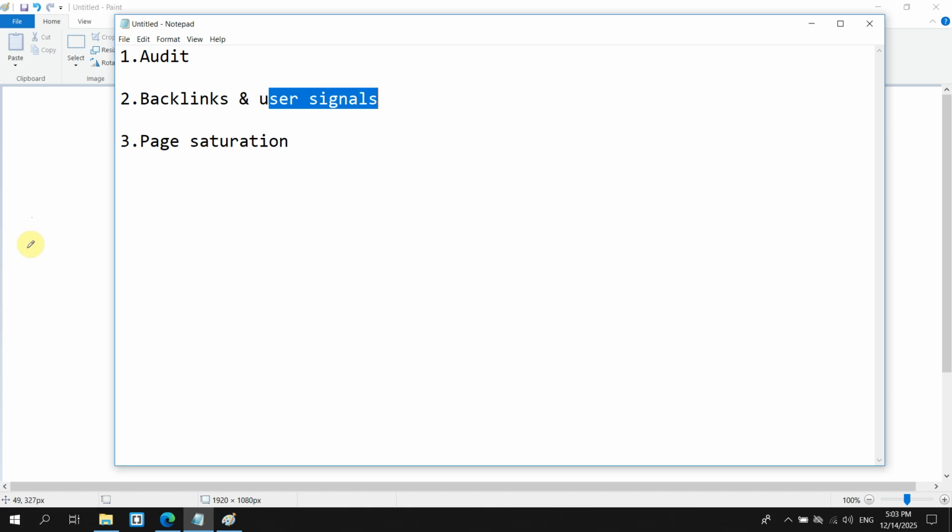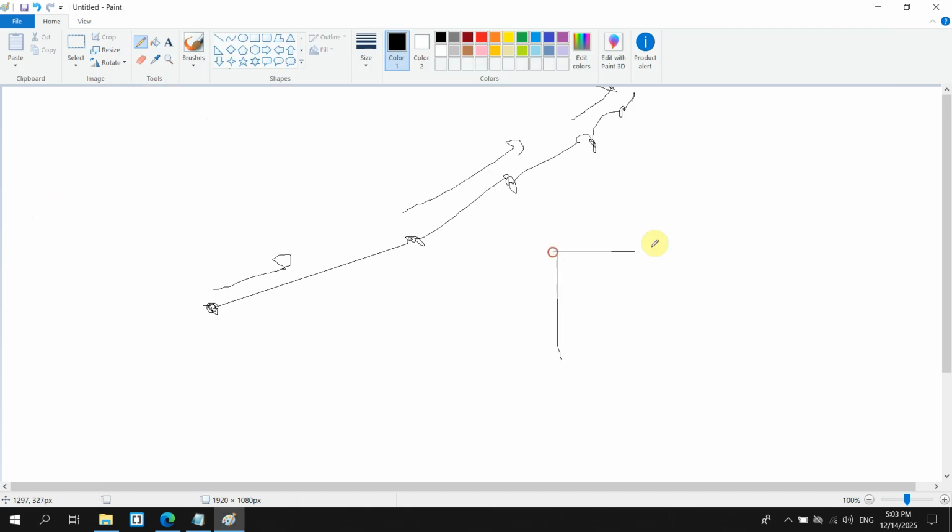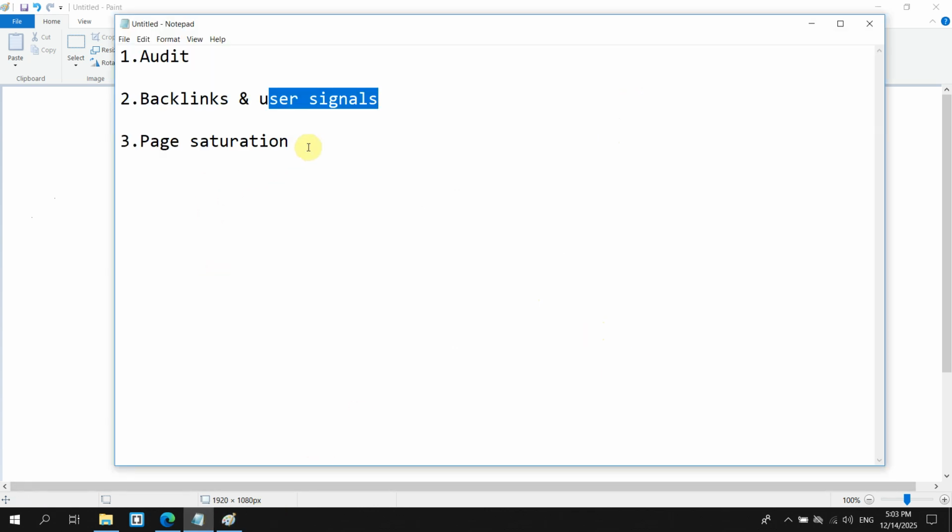Now, what I mean by this, so first, backlinks here. So let's say this is your target page, the page you want to move to page 1 of Google. First, obviously, you have to make sure that you have some links built to this page already. If not, then start building some links right away, right? Because like I said, backlinks are very important if you want to move up closer to page 1 of Google. But if you already have a lot of backlinks, then it's probably the third point here, which I'm going to talk about after this.